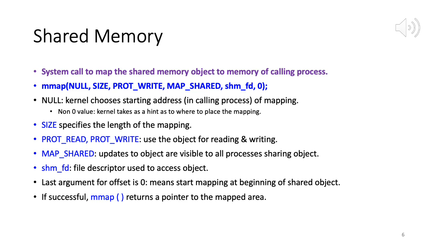Once this is done, the address space of the calling process will contain the mapping with the shared memory object, and a pointer to that mapping will be returned by mmap. So once again, our source is the shared memory object, the shared memory file. Our destination is a place in the address space of the calling process where we want to map that shared memory object. mmap is going to do that.